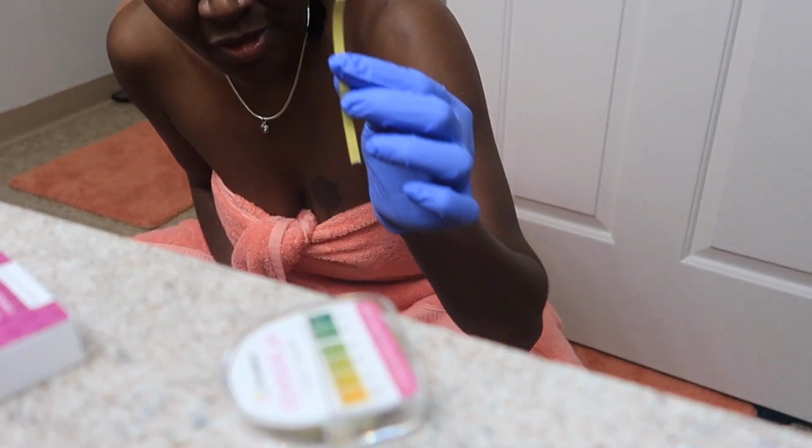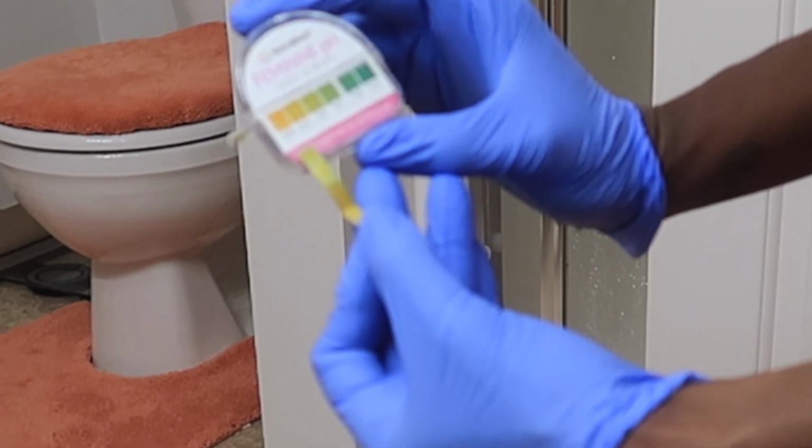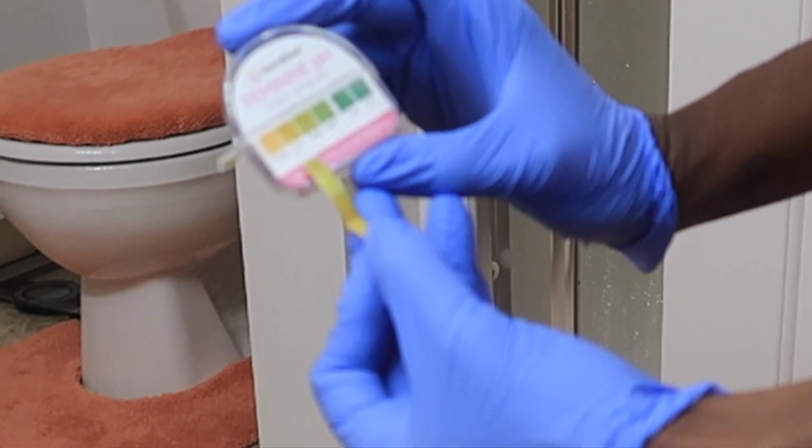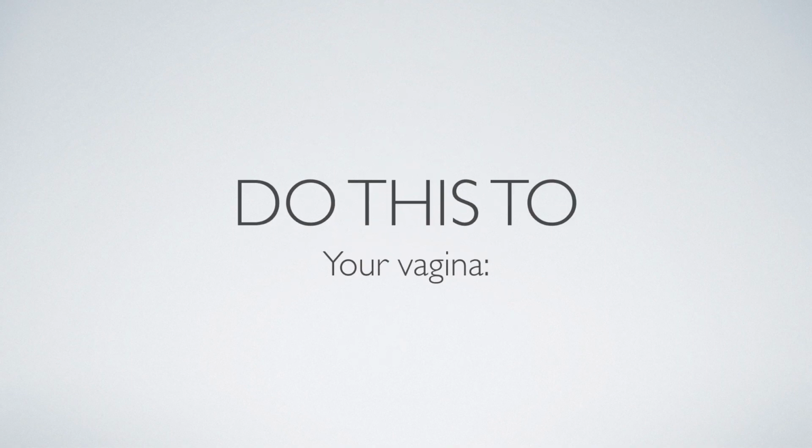And I'm gonna take my pH strip. I'm going to put this on my vaginal wall. When you test it, you will see 3.0, 3.5, 4.0. So I'm in the range of 3.5 and 4.0. My vaginal area is completely in the normal range. If it was 4.5, 5.0, or 5.5,